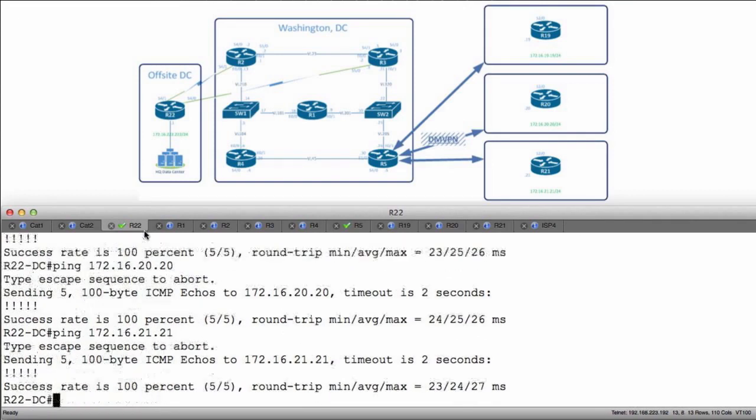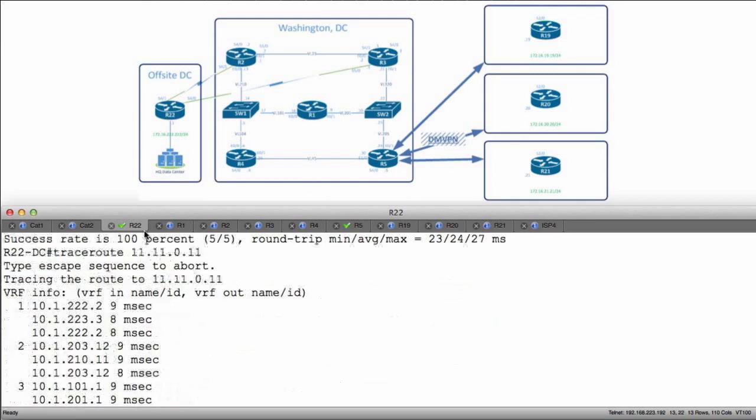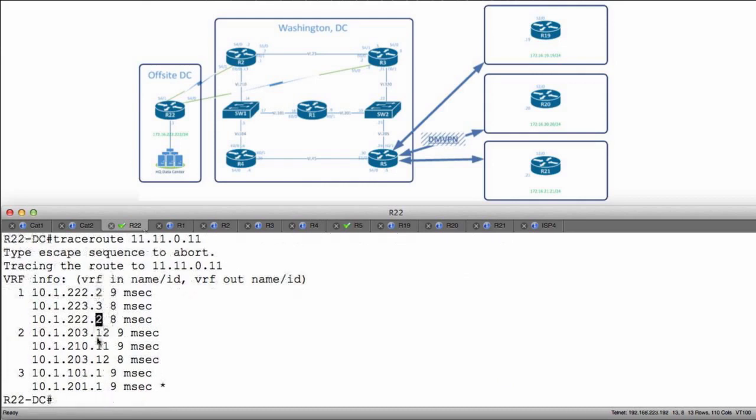Now just to check, let's see if we are actually going to be able to load balance. So we'll do a traceroute to 11.11.0.11, and let's make sure everything's up and operational. And as we can see, we're going through R2 and R3. So to reach these prefixes on R1, we're doing load sharing. And to reach the prefixes to our DMVPN attached remote sites, let's go ahead and just verify how we're going to go. So traceroute to